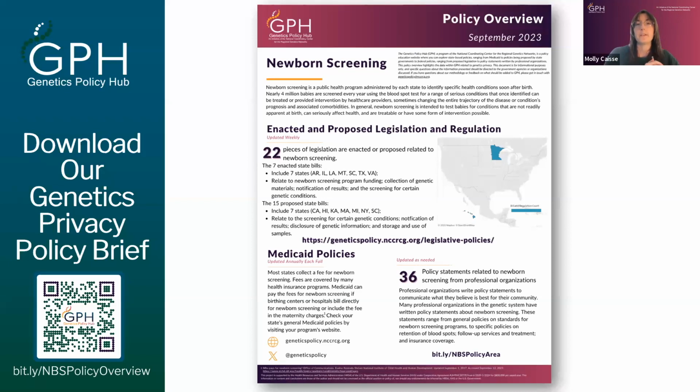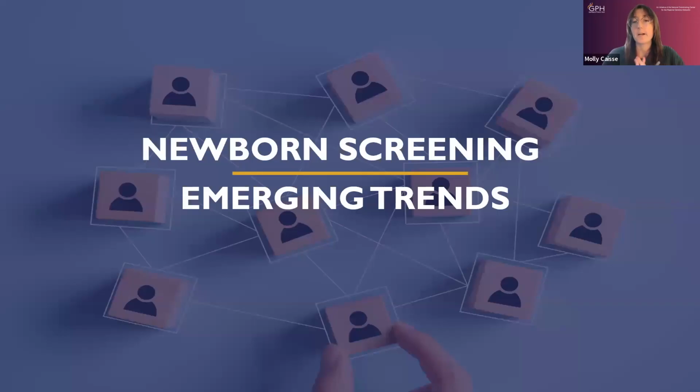I've also briefly mentioned our Medicaid database in past slides. So this is a tool that uses publicly available coverage policies to provide information about what genetic services are covered under Medicaid. So our database has more information about newborn screening as it relates to Medicaid, as well as information about Medicaid coverage of a variety of other types of genetic services. So if you're interested, that's a great resource to explore, and it's currently being updated. And we hope in the next couple of weeks, we'll have the data up for 2023. So with that, I will turn it back to Amy to talk more about emerging trends in newborn screening policy.